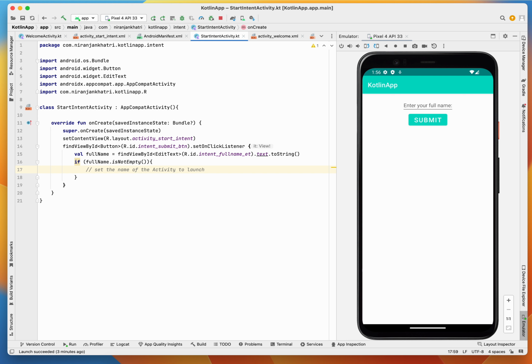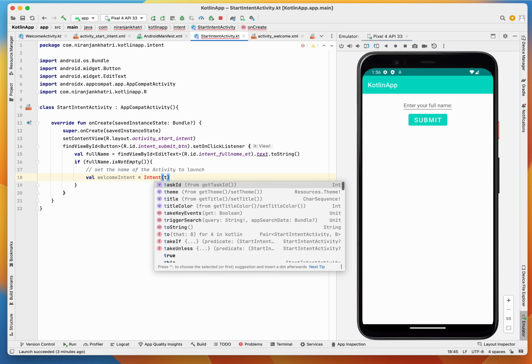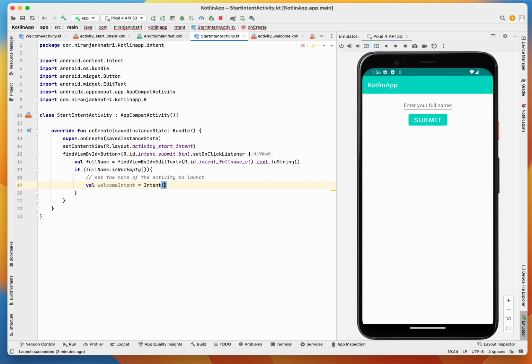Let's set our activity to launch. Now the activity is a welcome activity, but we are using an explicit intent to launch this activity. So I'm explaining to you how to do this. So this is the welcome activity,